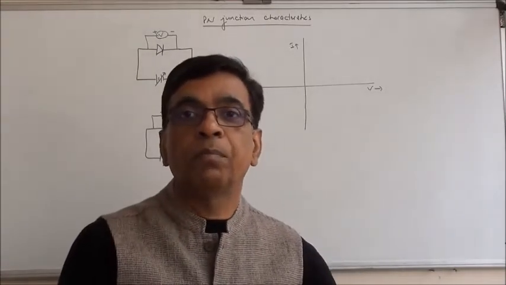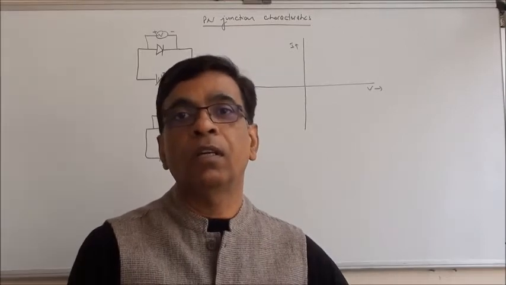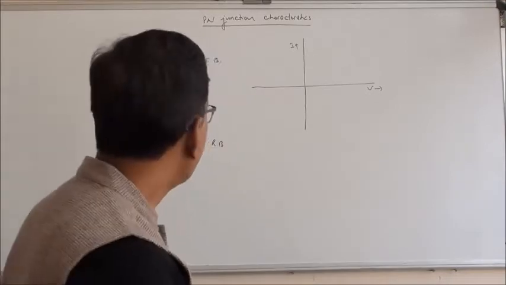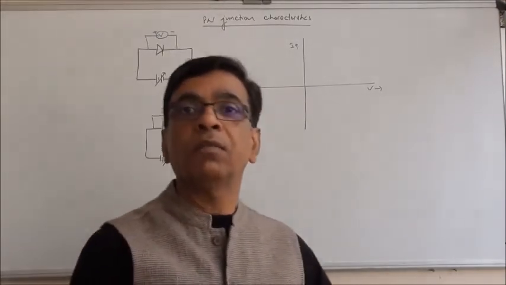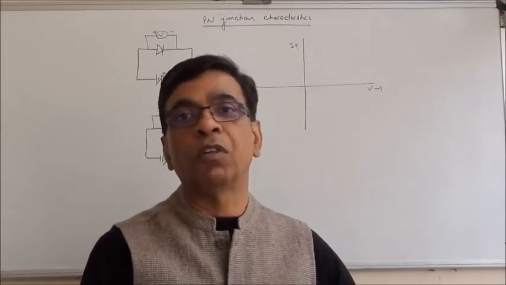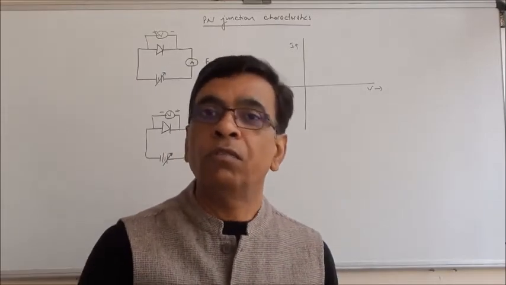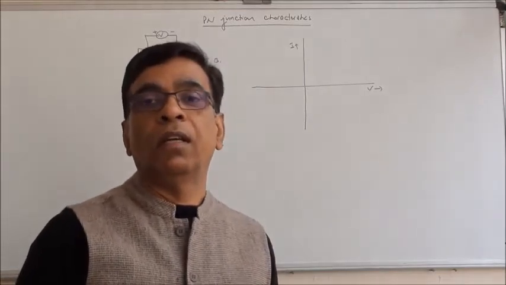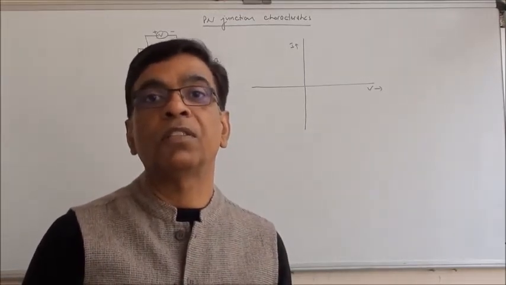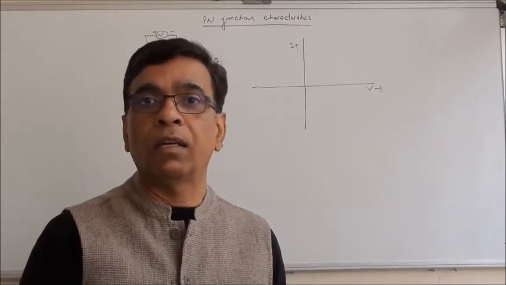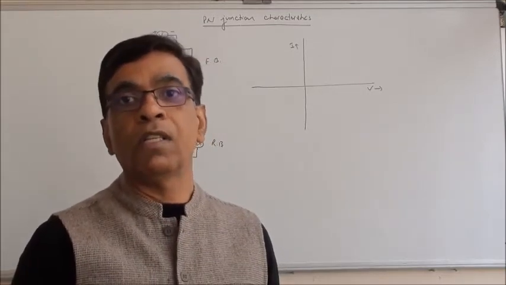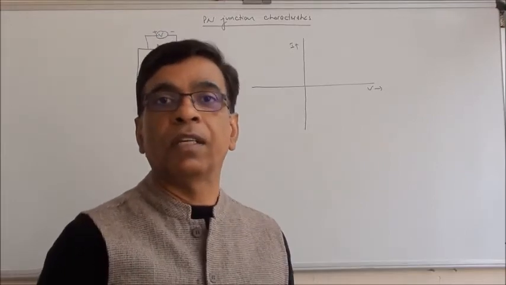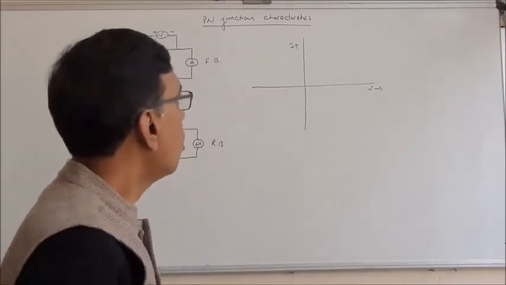We have seen that a PN junction allows current only in one direction. When it is in forward bias, current flows through it. When it is in reverse bias, only a very small current, which we call drift current, flows through it. So in forward bias it has low resistance, but in reverse bias the resistance is very high. If we take an ideal diode, I will say in forward bias zero resistance and in reverse bias infinite resistance. So let us see how we can plot